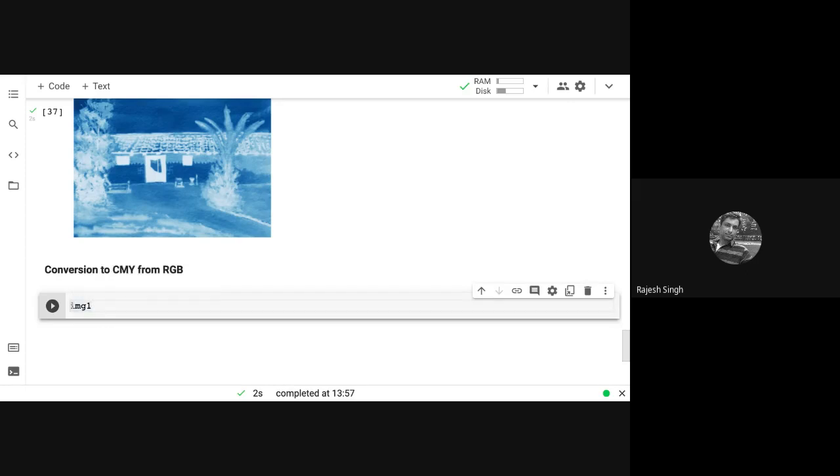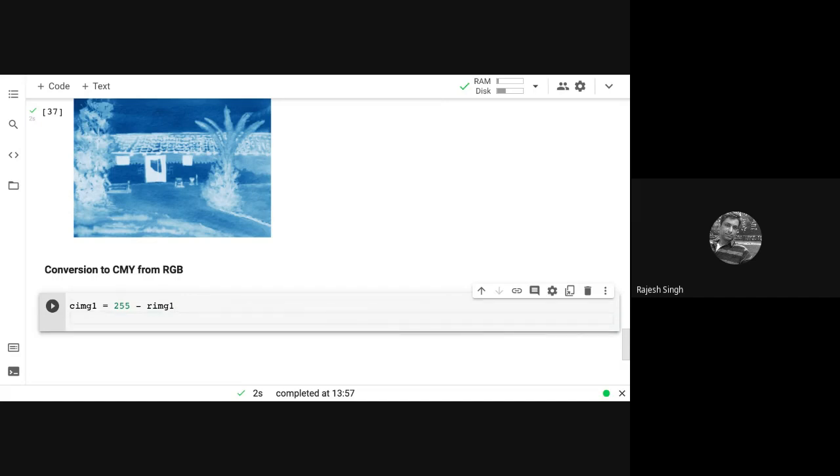Now remember, for gray or green, we have put a prefix. So CIMG1 would be 255 minus IMG. No, sorry. Cyan is 255 minus red component. So RIMG1.